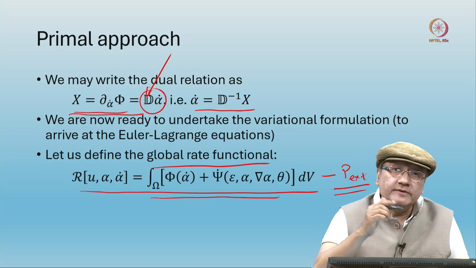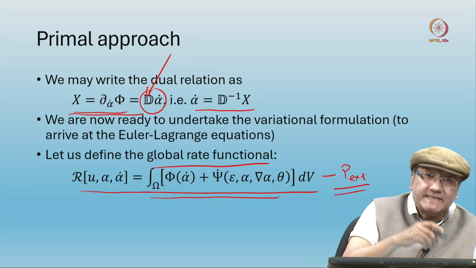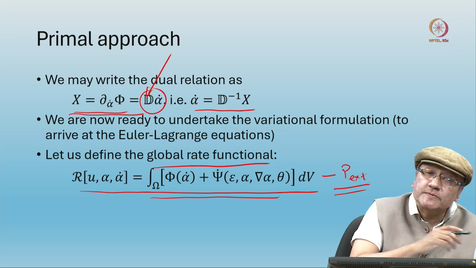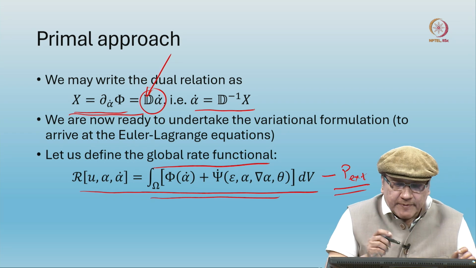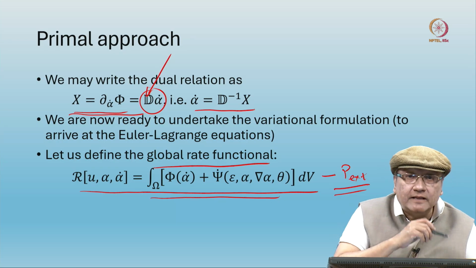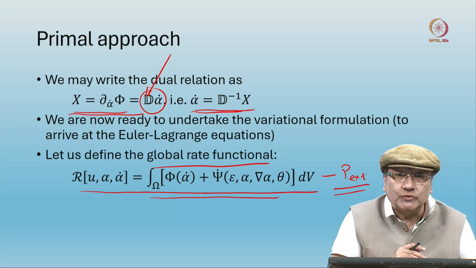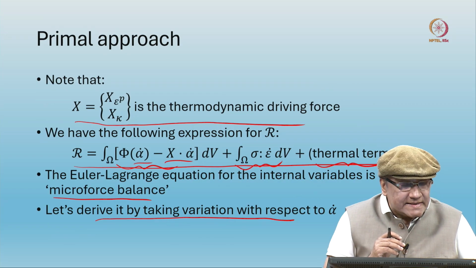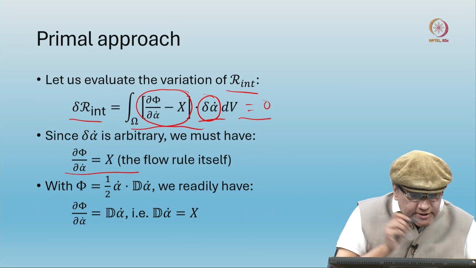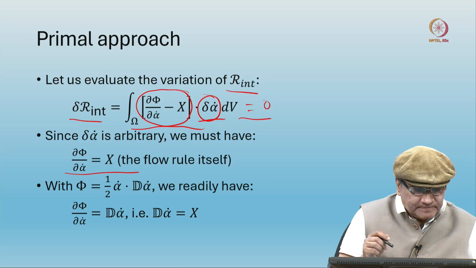X comes from the derivative, basically the subgradient of phi with respect to alpha dot, that is x, that is the flow rule. In this particular case it is nothing but d alpha dot, and hence this is the flow rule. But our new analysis says that x must also satisfy this,